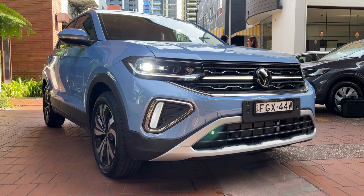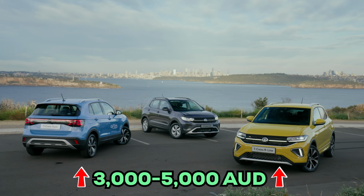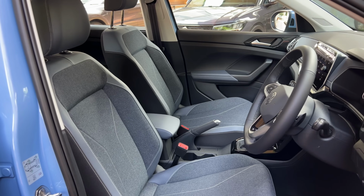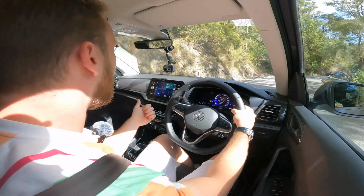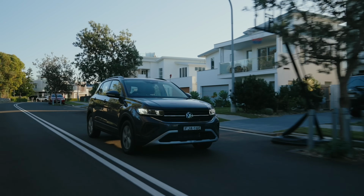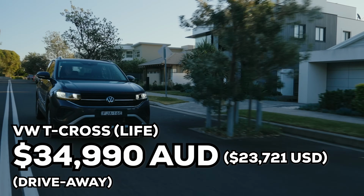So what's my final thoughts? What do I think about the changes? What do I think about the price rise? Look, some people might argue that Volkswagen are kind of alienating certain customers, especially first car buyers, by increasing the price. But I actually think the reality is quite different. I think the first car buyer who's in the market for a brand new car is actually quite particular about the tech that they want included. And I think that Volkswagen, by positioning itself as being pretty much a segment leader, at least for this price, in terms of safety equipment, in terms of practicality, in terms of packaging and what you get and the driving experience in this car, I think $34,990 for this life spec drive away, keep in mind, is actually pretty good